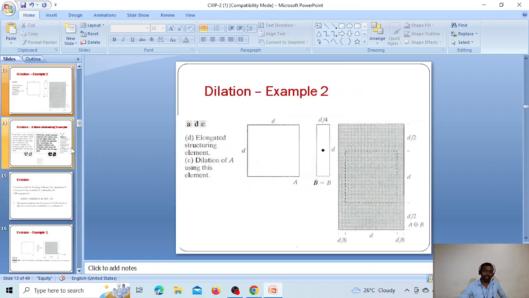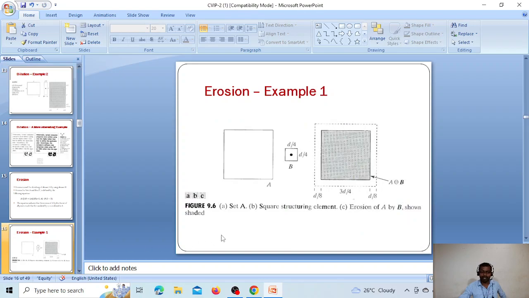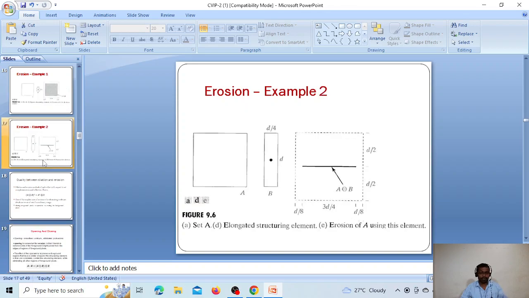In dilation, in the example, we expand your image based on your structuring element, but erosion shrinks the particular elements. These are the two main operations, erosion and dilation, that we can apply on binary images using reflection and translation. Now we can see another example. Suppose A is a set and B is a structuring element. We run this structuring element on A, and the erosion of A by B is a simple line like this.